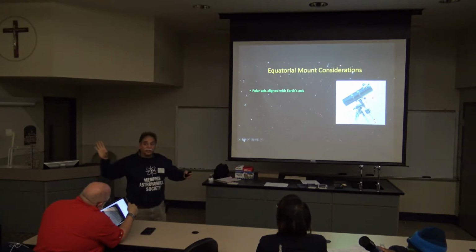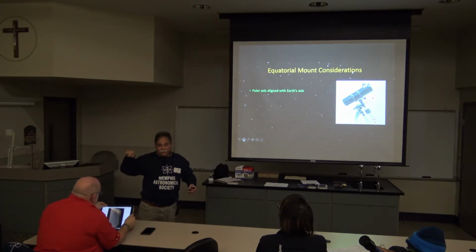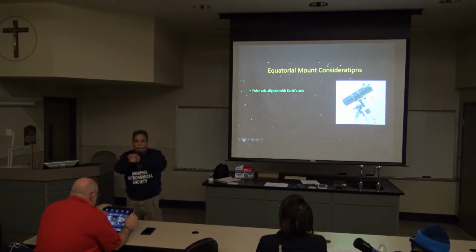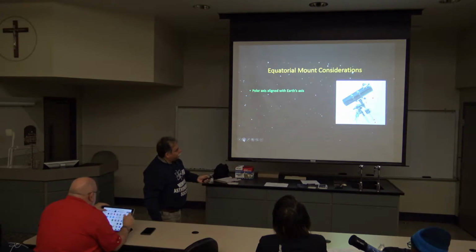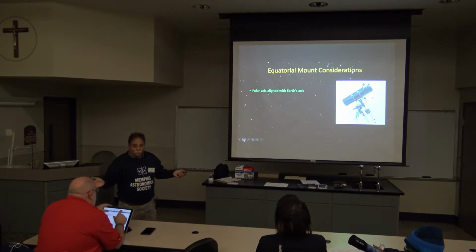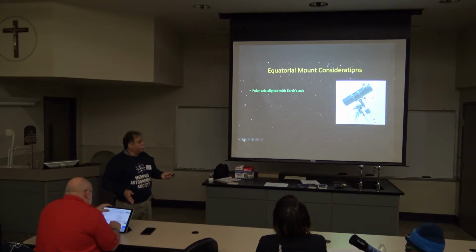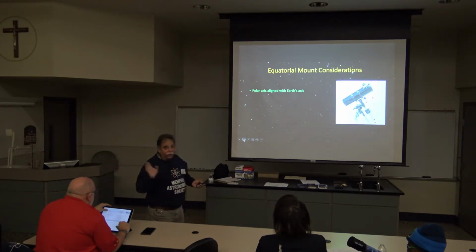Have you seen those pictures where you see a bunch of circles of the stars? That is because the Earth rotates and everything rotates around the polar axis. So this mount does the same, okay? This mount is harder to set up because you have to know where Polaris is, so you can point the telescope at Polaris that points to the North Pole, kind of, and then you can follow with only one movement,